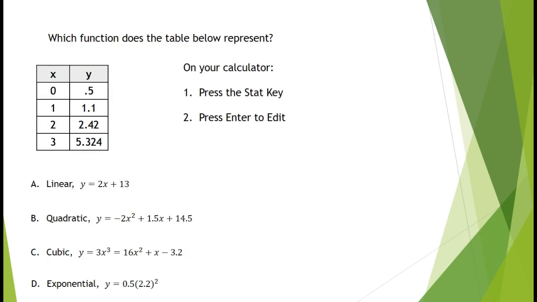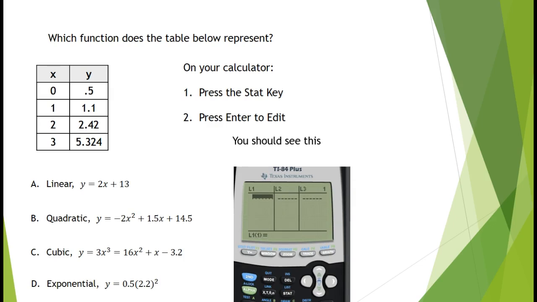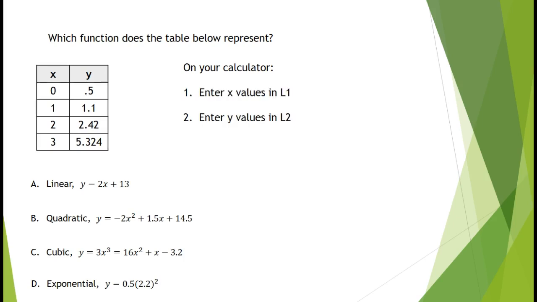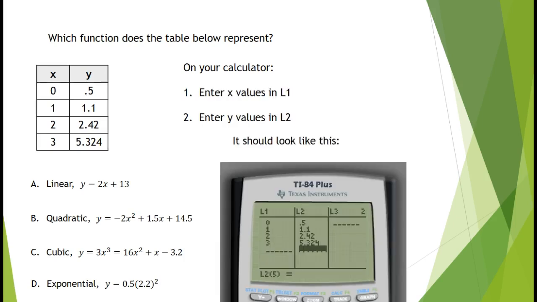So let's try another example. This is our new table. So first on your calculator, we want to clear your calculator. So press second plus 712. Let me repeat that. Clear your calculator by pressing second plus 712. And then press the stat key, press enter to edit, and you should see some empty lists. All right, so here we are. We're going to enter our X values into list 1 and our Y values in list 2, and it should look like this. Once you are there,